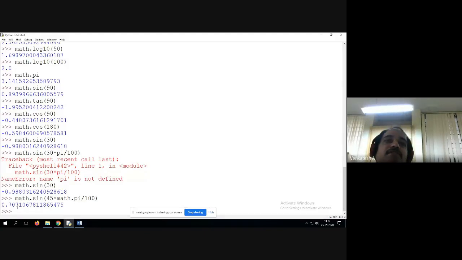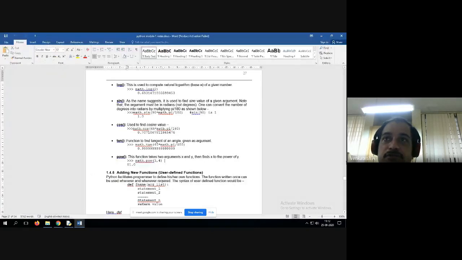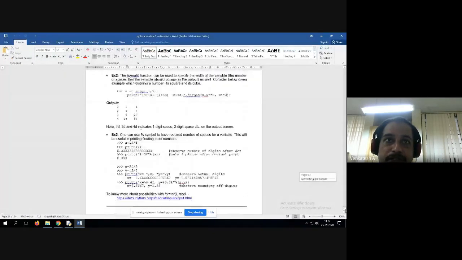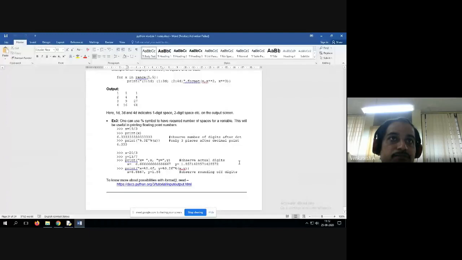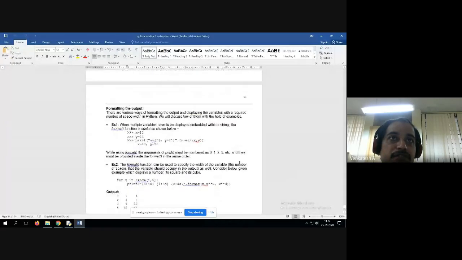After this, now we will see how to format by using the print statement. Especially when we generate some output, sometimes we may want to display it very neatly by formatting the output. For that, we have a special function called the format function. That also I have given you in the notes, at the bottom.